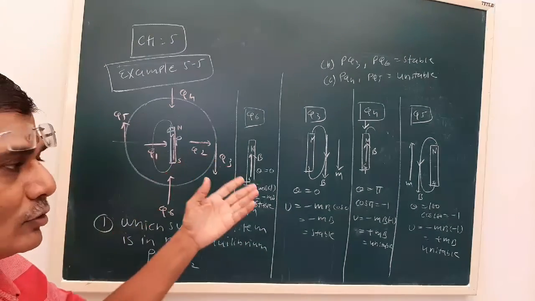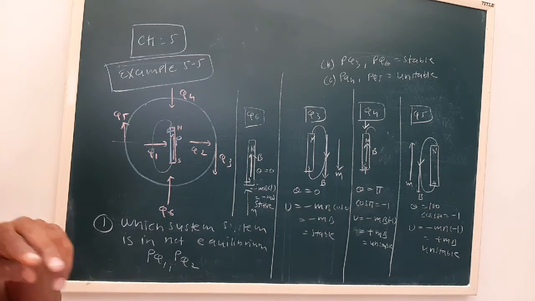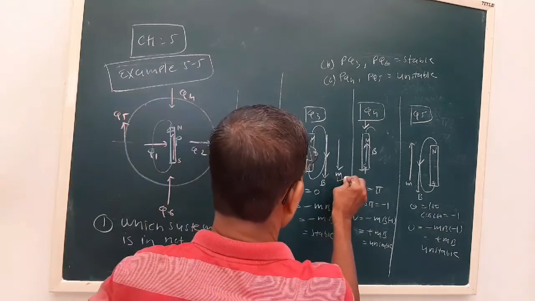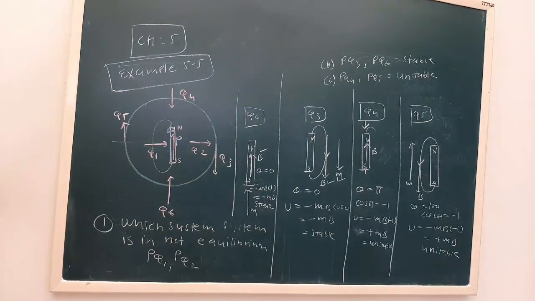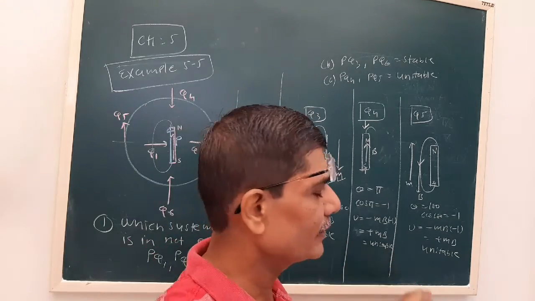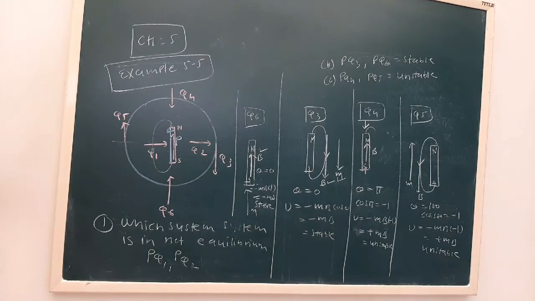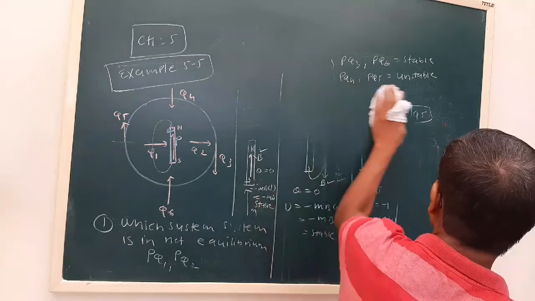Now see, all six we have calculated. For 1 and 2, theta was 90, so cos 90 is 0, the potential was 0. Now Q3 and Q6: M and B are in the same direction, that's why stable equilibrium. For Q4 and Q5, theta is 180, so they are unstable. Now see the last part of the question; that was part B.